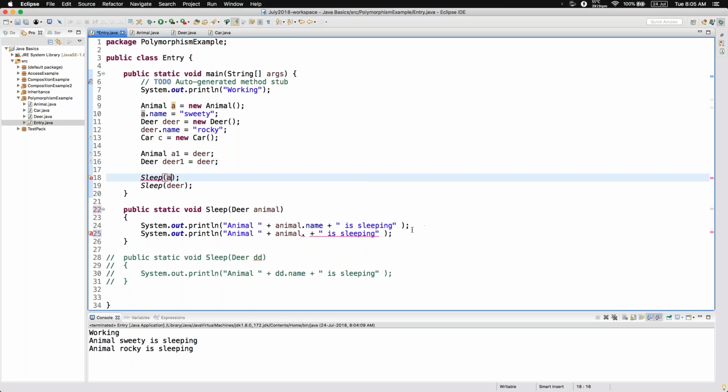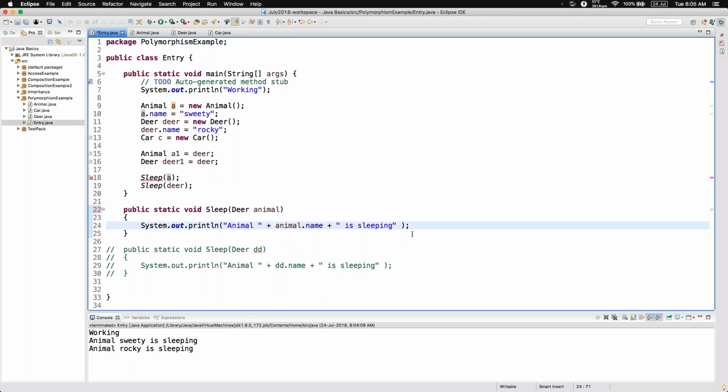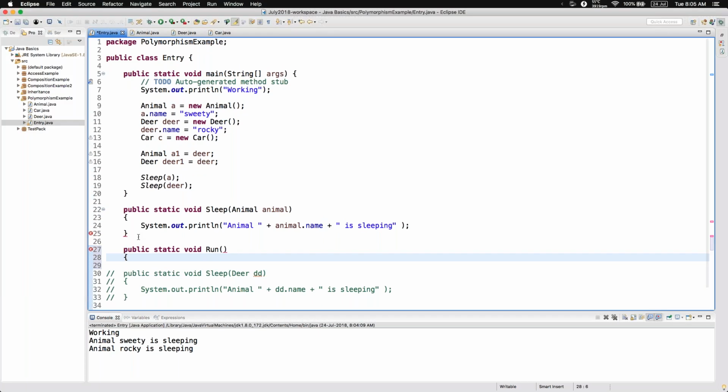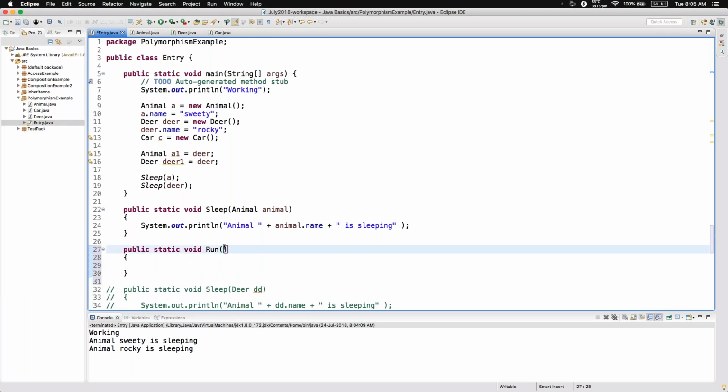Let me repeat it. Now the same example. I'll just make this animal. Let me create another function: public static void run. Run is another function which can be done only for deer. Not all animals can run, correct? Yes. So I'll say